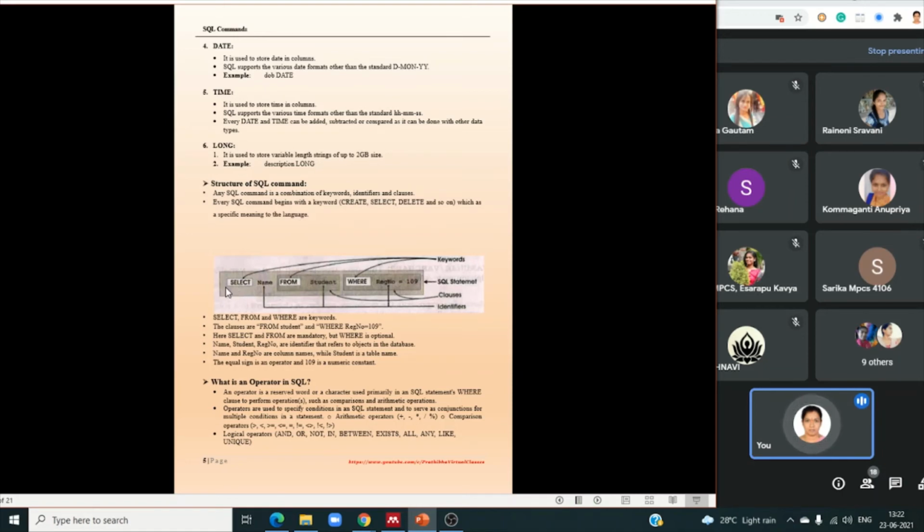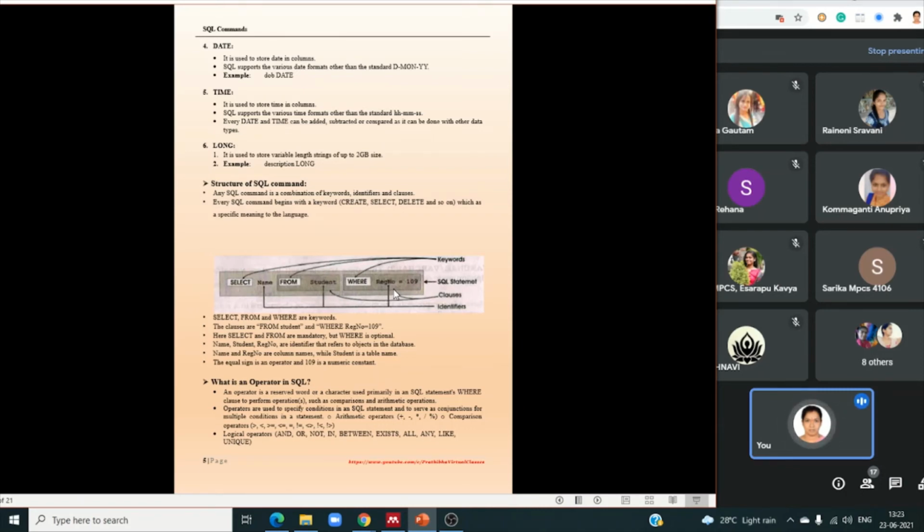For example, this is one command: select name from student where reg number is equal to 109. Here select, from, and where are the keywords. Here name and student are the identifiers. Name is the column name, student is the table name.